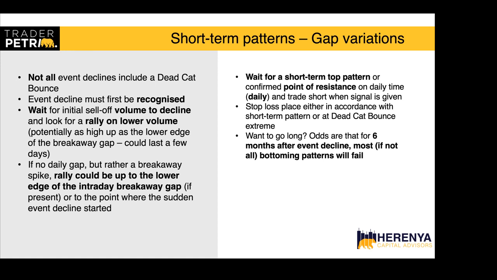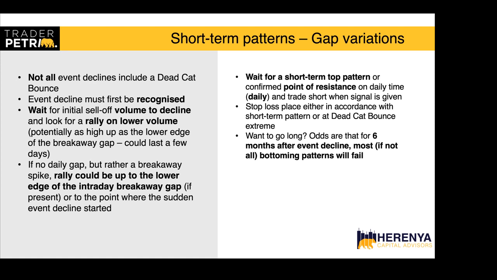So the way to trade it would be to wait for a short-term pattern, or a confirmed point of resistance on a daily time frame, and then to trade in accordance with whatever that pattern is, whatever the entry criteria or risk criteria is. You could also place your stop loss at the dead cat bounce extreme, right? The highest point within the dead cat bounce, just above that,